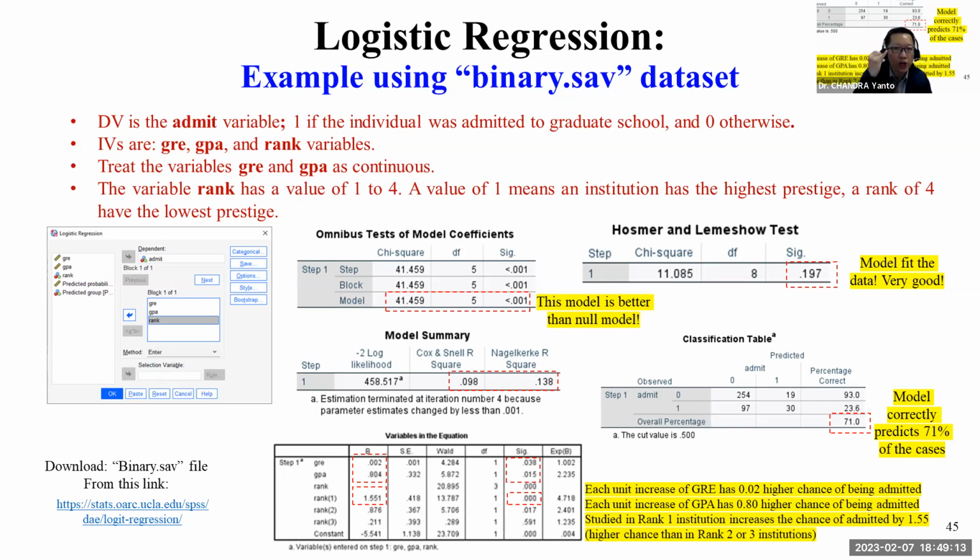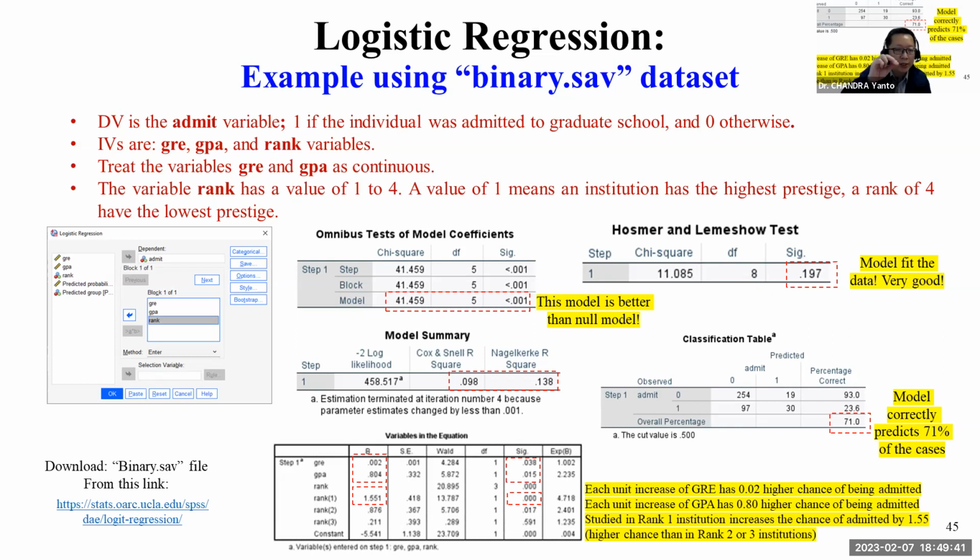And the IVs are the GRE, the Graduate Record Examination, the GPA, and the rank of the school where this person used to study. So we treat the GRE and GPA as continuous variables, and the variable rank as a kind of ordinal scale, if you like, from 1 to 4. So you enter that into logistic regression. You go for Regression, Binary Logistic,